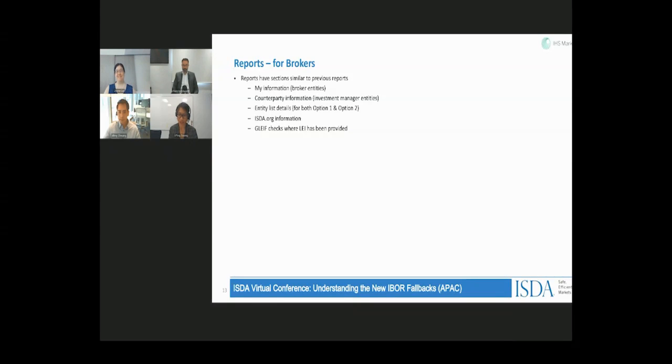Just to answer one question that's come in from the audience, can you elaborate more regarding the fees, the ISDA fees for adhering to the protocol of $500 US? So what I encourage people to do is go to the FAQs on the ISDA website. ISDA has quite comprehensive, pretty long FAQs, and look at section F of the FAQs, which talks about fees. The fees state that for ISDA primary members, the adherence fee is $500 US.